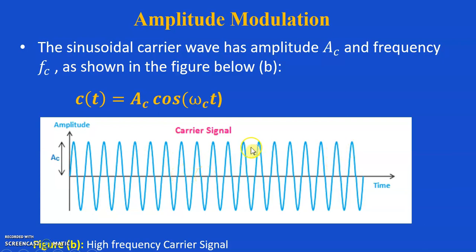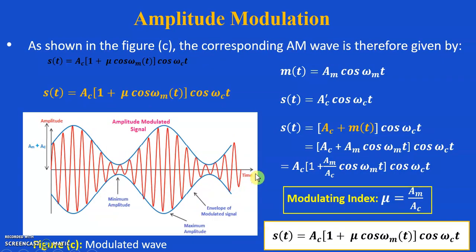So we change only the amplitude and we keep the frequency and phase constant. So the resultant signal, we call it the modulated signal. As shown here in figure C, the modulated wave or modulated signal,